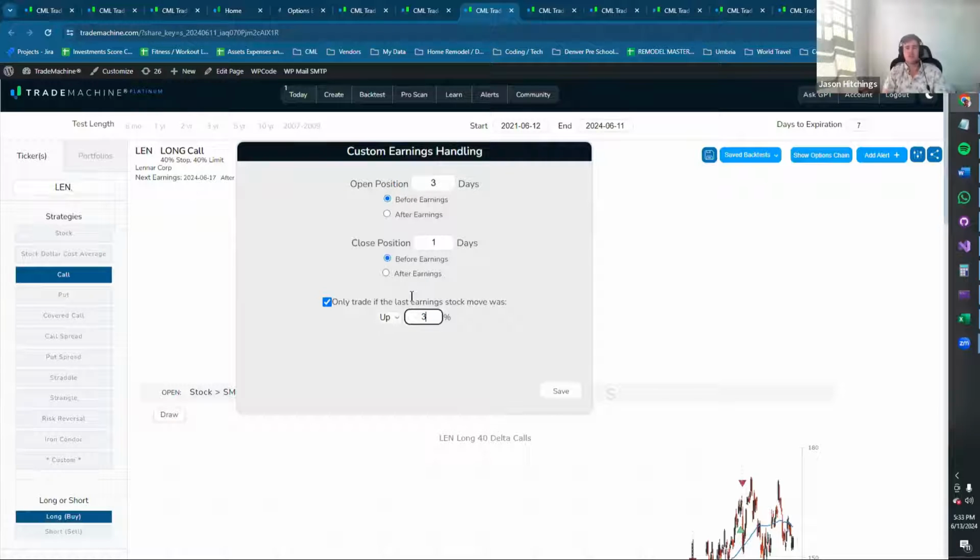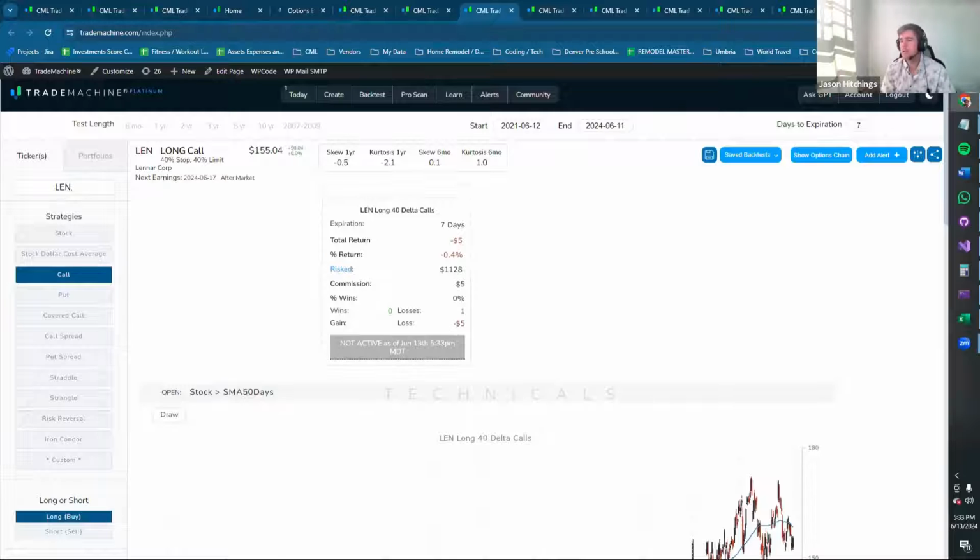So that's an additional filter that you can apply. You can test and play around with that. But yes, 1 day before earnings would be literally the day before earnings, and 0 days before would be the day of earnings. In theory, if it's an aftermarket close, 0 days before, you could still sell it before the close of the earnings event, before the stock actually moves. But we don't play it that close to the bone. So we just say 1 day before.